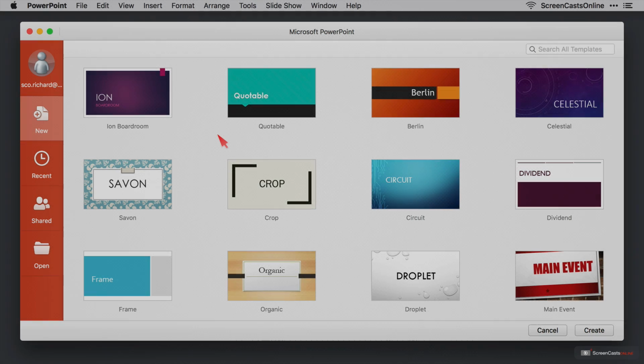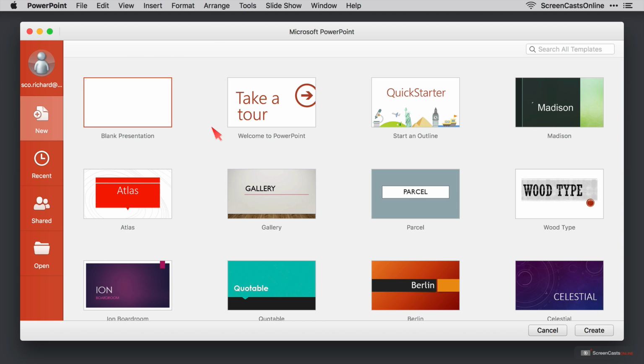So I have started up PowerPoint for Mac just by going to the Finder and finding the Applications folder, and then double-clicking on the PowerPoint for Mac icon. So let's have a look at touring a little bit of the interface. When you first open up PowerPoint for Mac, you will see the template chooser, and for our purposes we are just going to choose a blank presentation so that I can show you all the interface elements within the actual